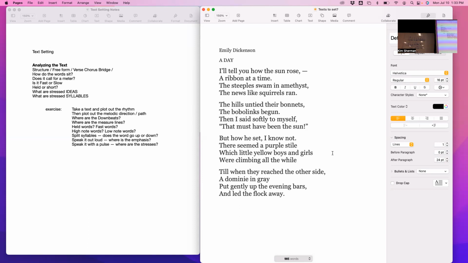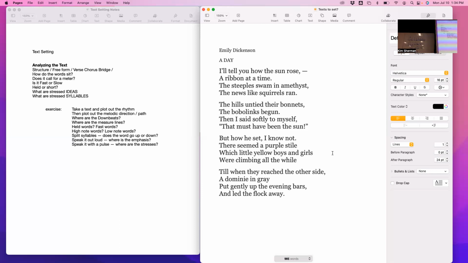All right, now, how do we want our news like squirrels? I have a thought. My thought is to do the opposite of this rhythm. So news like squirrels. Oh, so you have a duple. Yeah, that's really cool. Okay, so ba, ba, and then da, da. And then, all right, so we just did the first stanza.